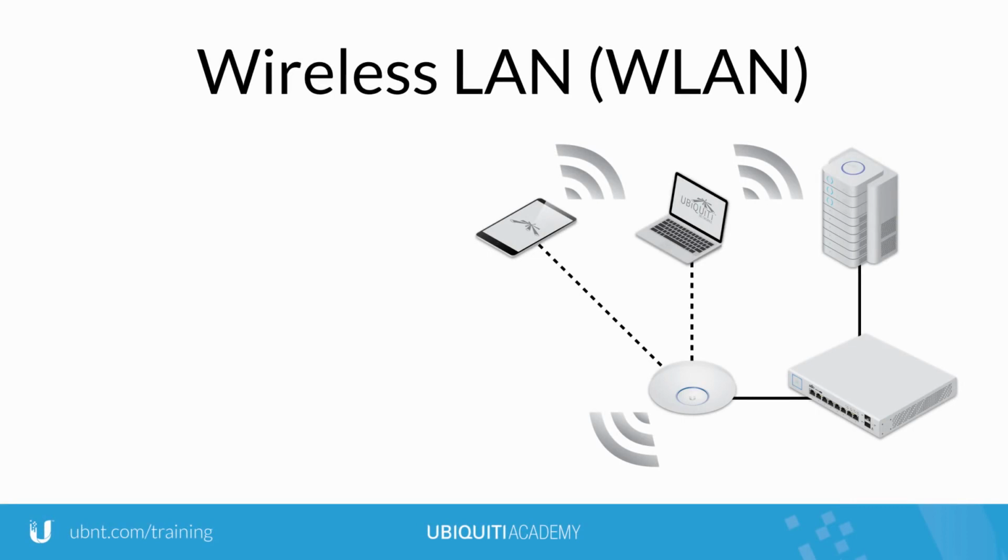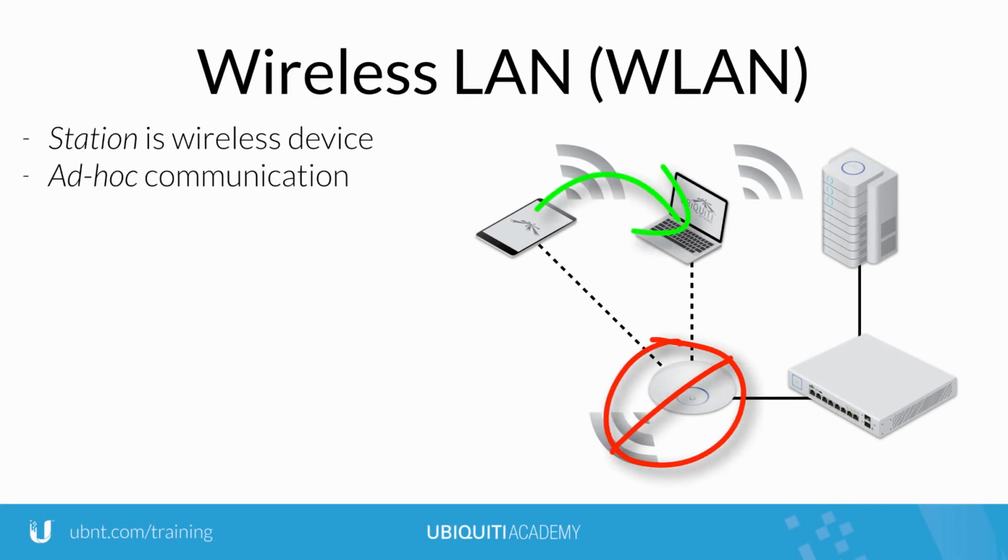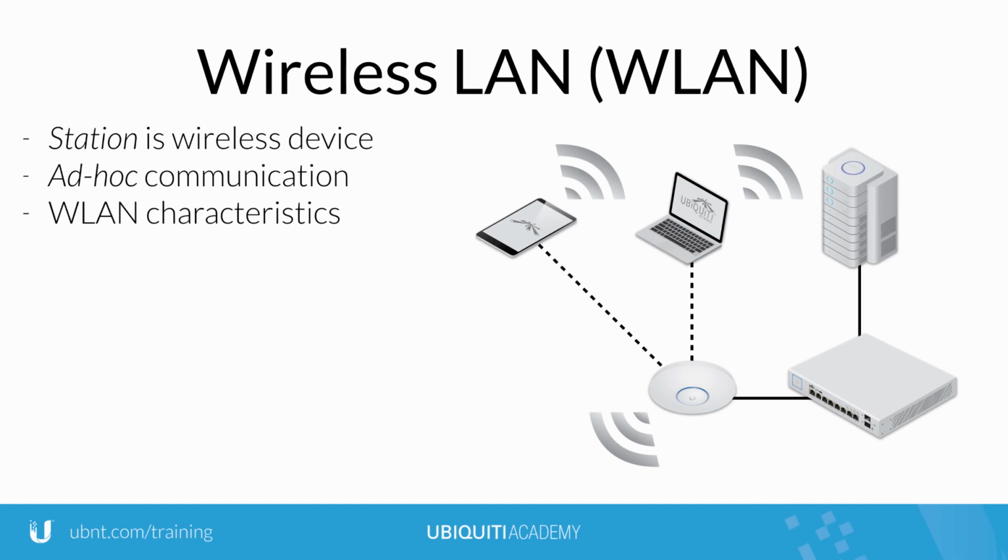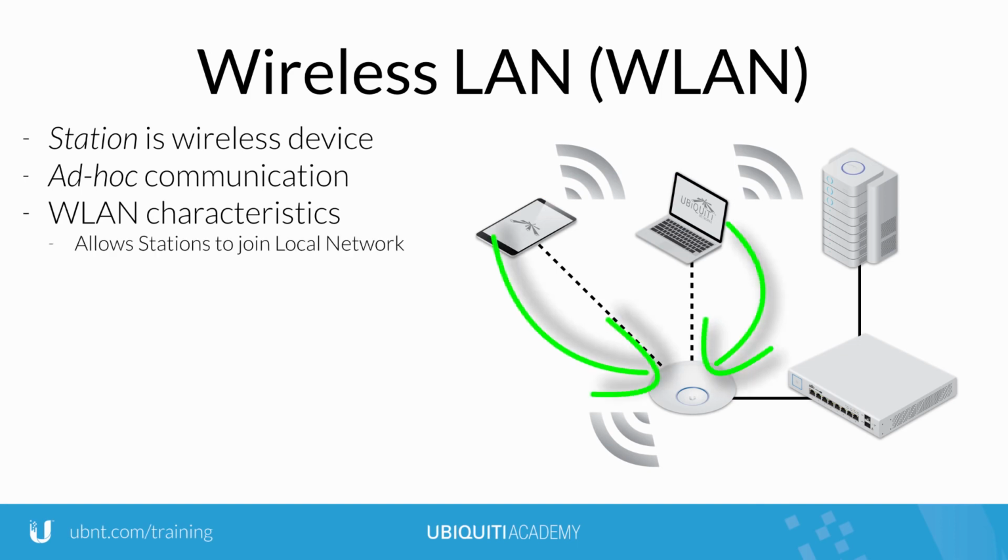Nodes with wireless radio capability are called stations. Ad hoc describes stations that communicate independent of LAN infrastructure. In contrast, a wireless LAN, or WLAN for short, allows wireless clients to connect to and communicate on the local